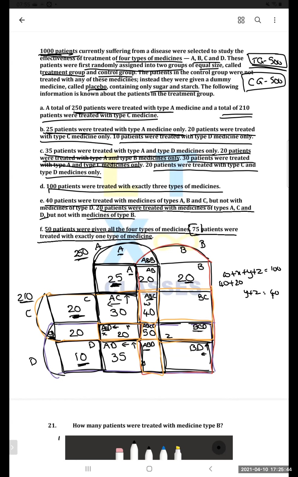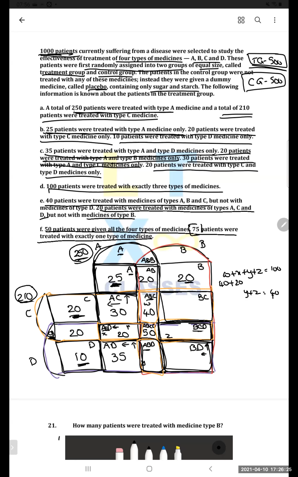Okay, followed. Now with this information that we have, can you solve for the missing cells? What are the missing cells now? BC, BCD, BD, and ABD. Correct? These are the only missing cells. Can somebody tell me, is there any way we can solve this? If you look at the clues outside, did we use this information so far? We did not, sir.